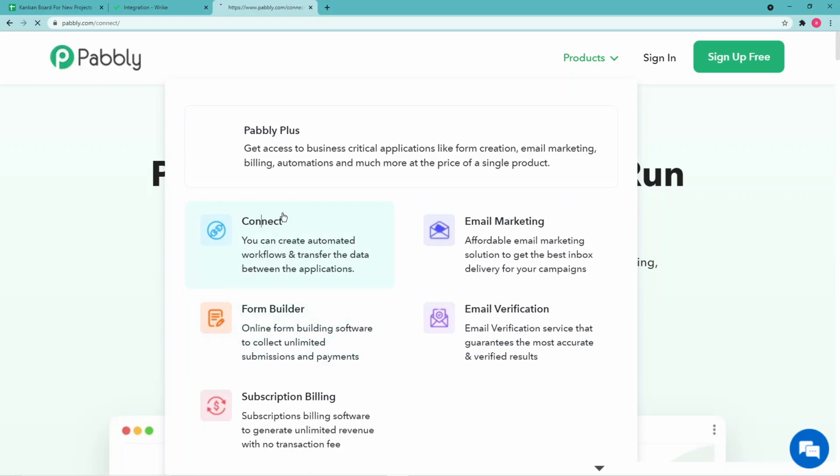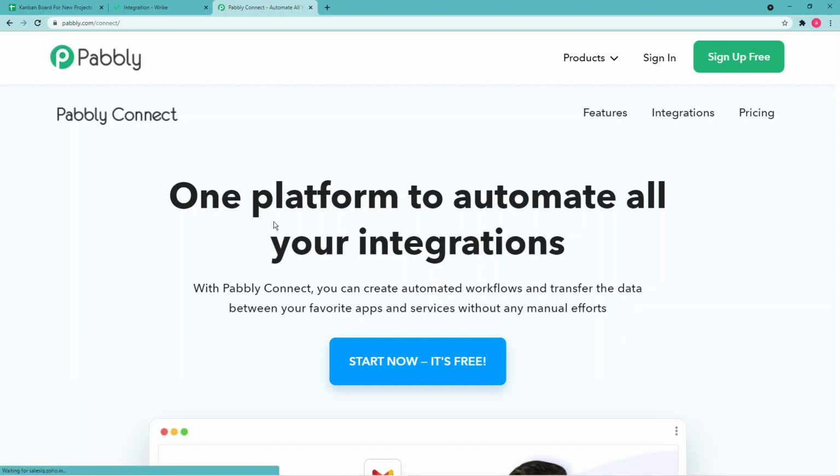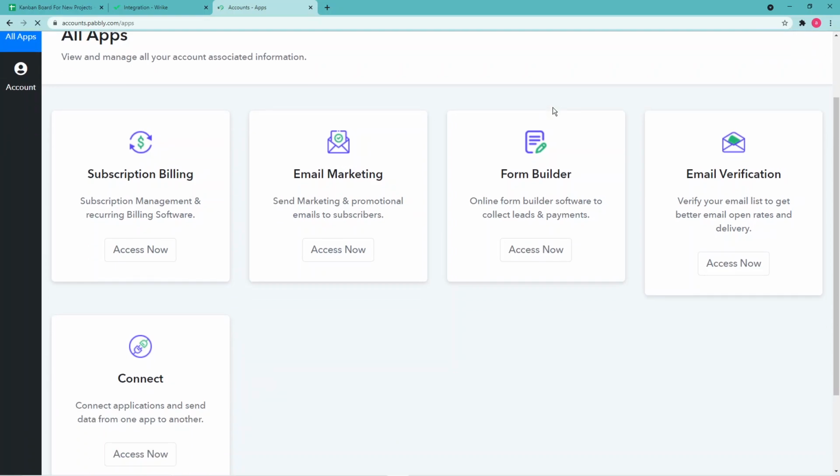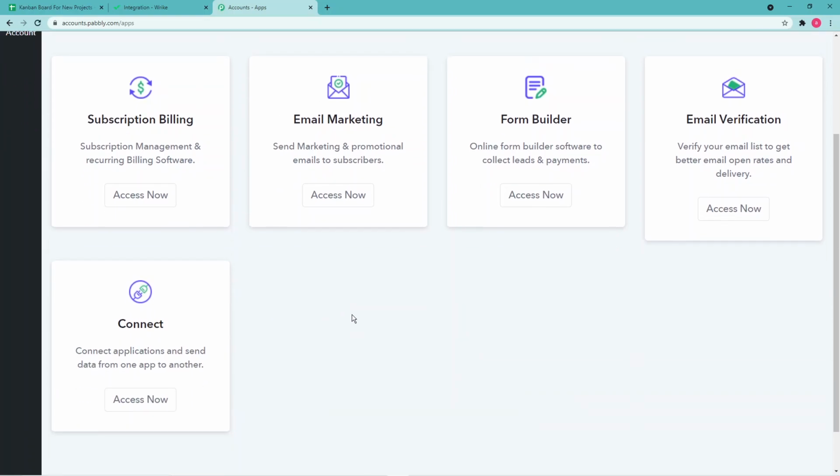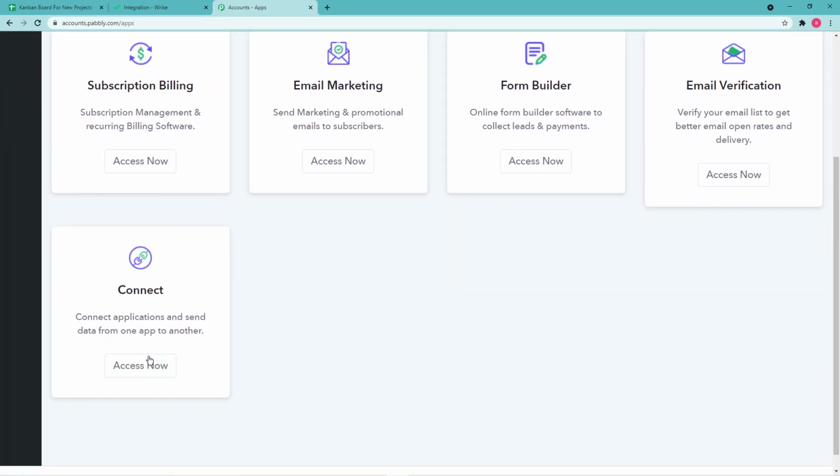Alright, it's taking some time. Now after clicking on connect, you can sign up for free here and set up your account in just 2 minutes. I have already done that, so I'm just clicking on sign in. So as I signed in, you will see this window, and from here you have to come to this panel and click on the access now button.